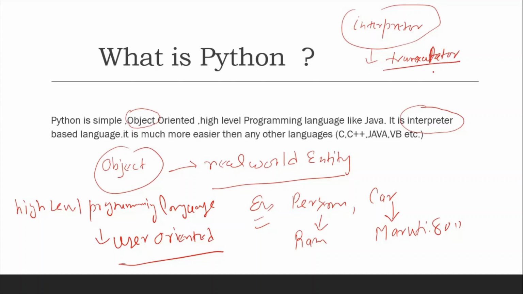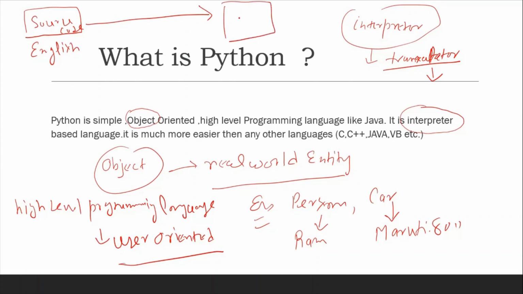Translator. So what is the use of a translator? For example, suppose we have written the code, that is the source code. We write the source code in an English-type language, and we know that the computer doesn't understand English.